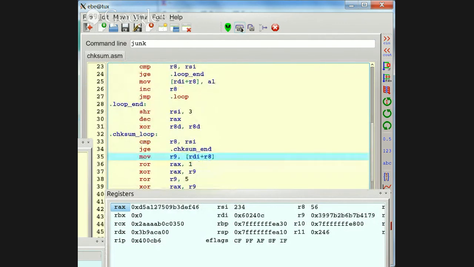So eventually it's starting to become something that looks kind of random, which is what you get with checksums.